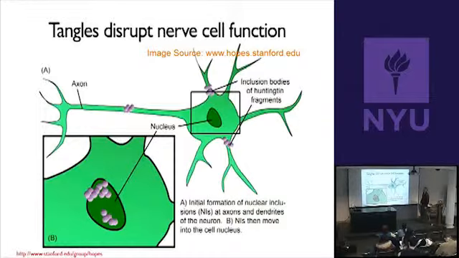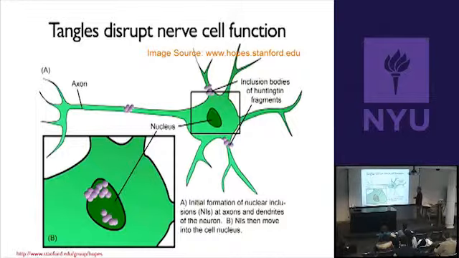In these neurons, these axons and dendrites are actually fairly narrow, as depicted here. And what can happen is that these tangled masses of huntingtin protein can actually get stuck. When they get stuck, it's called an inclusion body, and that can disrupt the function of these cells. Later on, these tangled bits of protein can actually get inside the nucleus and cause problems there. So the basic idea is that these tangled huntingtin proteins cause your nerve cells to stop working properly